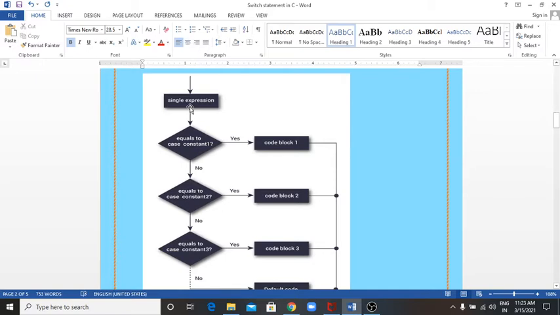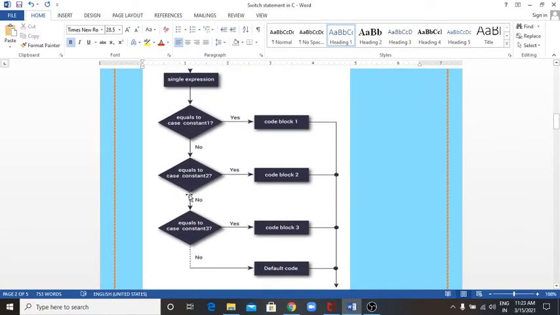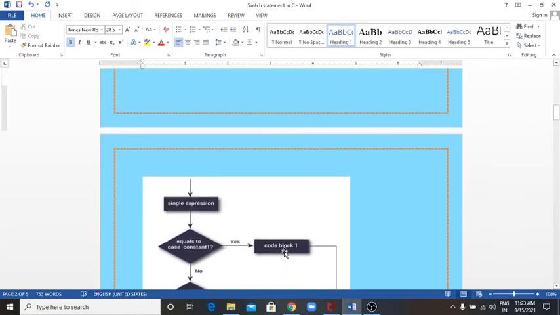If the single expression is equal to case constant 2, then code block 2 will be executed, and the control goes to the end of the switch statement. If this second condition is false, then the control goes to the next condition, and if all the conditions are not satisfied, then the control goes to the default case. So this is the flowchart of the switch statement.